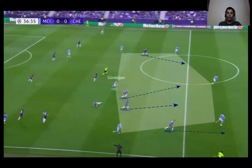Now, the next big issue for us was our lack of defensive midfielder. So this hurt us most in transition. Now the rationale behind this might have been that Chelsea don't have a number 10 per se, right? They have two wide attackers and a striker, but not a number 10. So you would think that a defensive midfielder would not be able to man mark one player out of the game. But with Gundogan as the deepest midfielder, we didn't really have any defensive solidity because he very often strayed